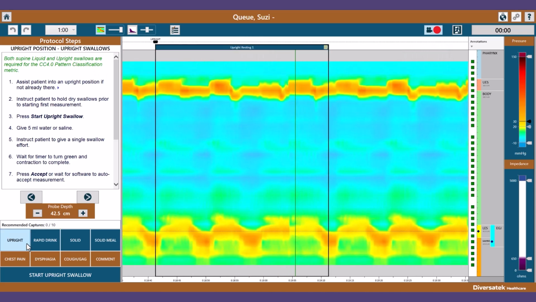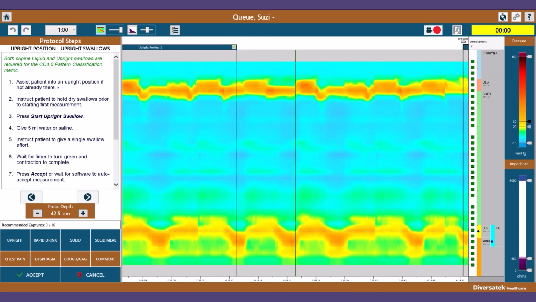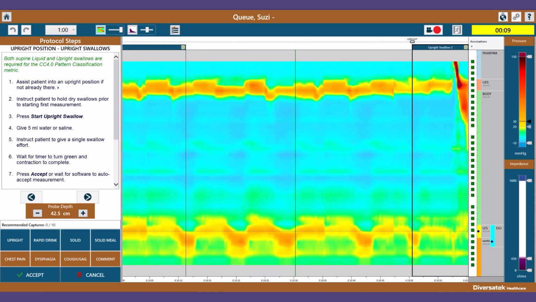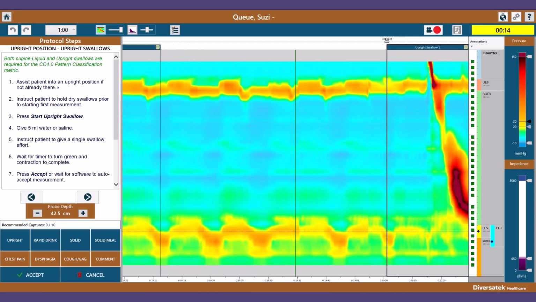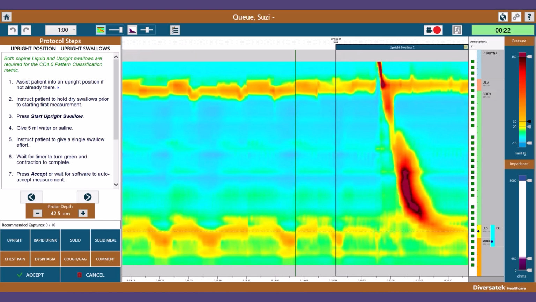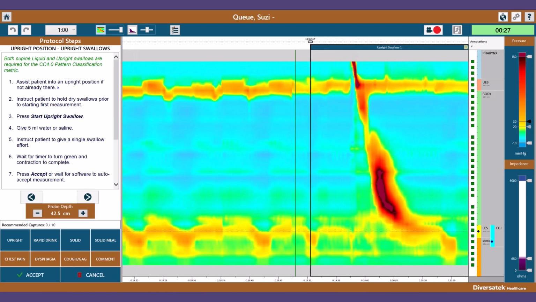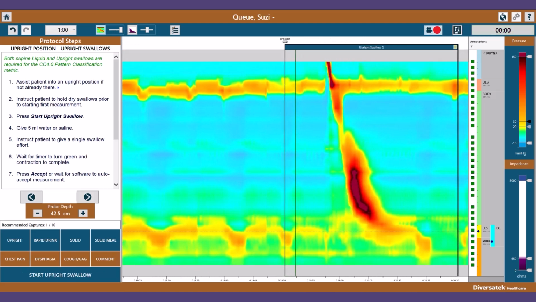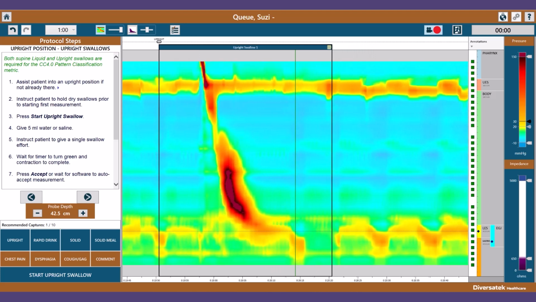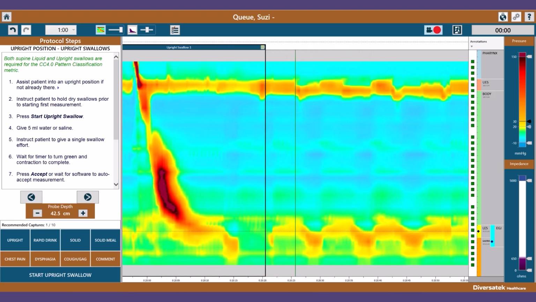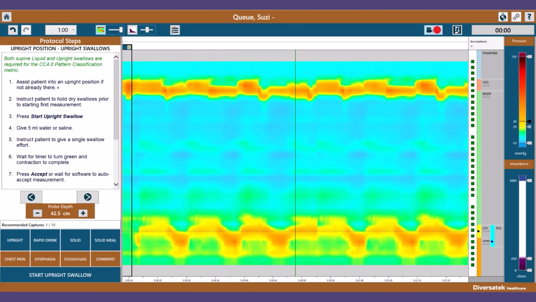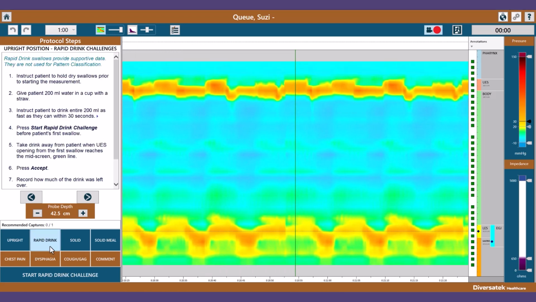These swallows are considered the secondary position if 10 liquid swallows were acquired. Click the upright button to initiate an upright swallow measurement. Although bolus transit is not part of the upright measurements, you may still choose to use saline to be able to observe bolus movement, but if you choose, you can also switch to water, either tap water or bottled water at room temperature. Once all desired upright swallows have been acquired, you can move on to the rapid drink challenge,